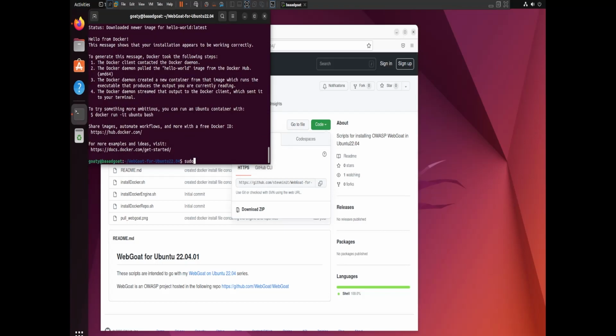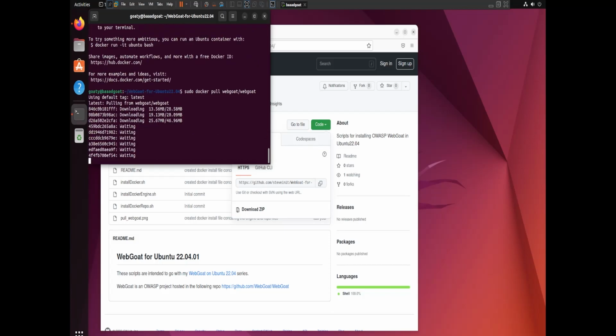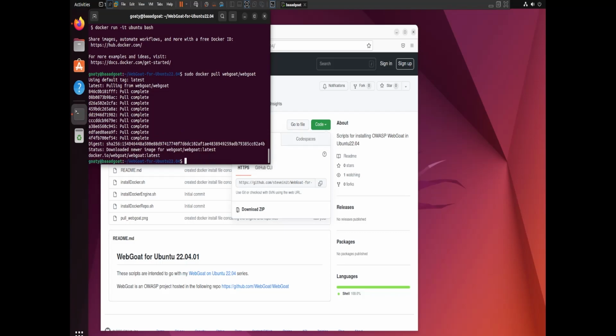Ta-da! Now we'll pull down WebGoat with a sudo docker pull webgoat/webgoat. I love this part. It's so satisfying to watch Docker do this. Let's see that again. Love it. All right, let's spin up the container from the template with sudo docker run -p, and then the localhost